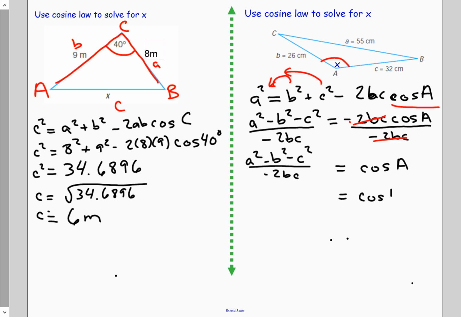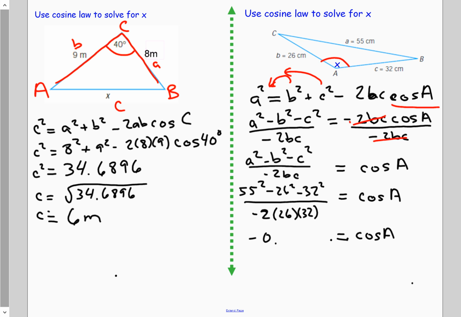So cosine A equals a squared, so 55 squared, minus b squared, 26 squared, minus 32 squared, divided by negative 2 times b, which is 26, times c, which is 32. Okay, and just type that carefully into your calculator as well, and you'll get that cos A equals negative 0. Remember 4 decimal places,